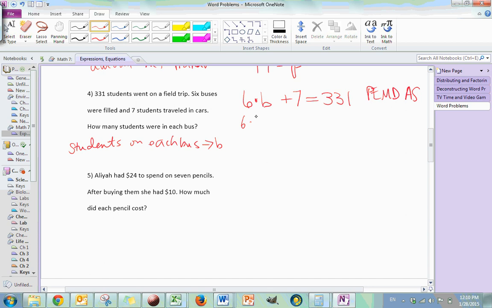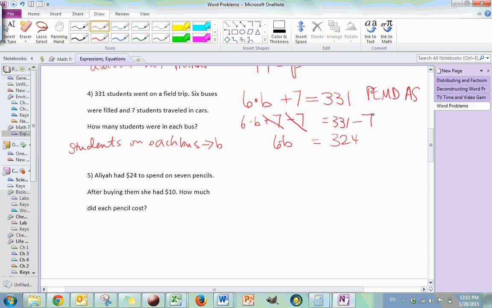So I'm going to rewrite my problem, and I leave a little space. So I know I have to take care of this addition first. This plus 7 has got to go. So to do that, I do the opposite, which is minus 7, and I do it on both sides. These cancel out with each other, and I get 6b, 6 times b here, equals, then you can hopefully do that in your head or on your calculator, and you're going to get